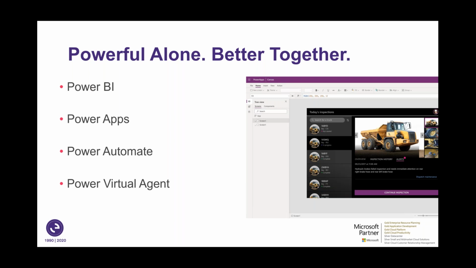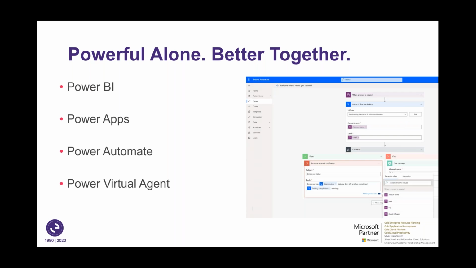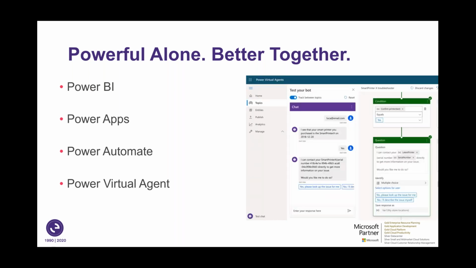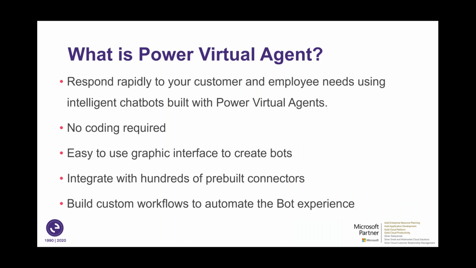The idea is to create applications that will meet and solve your business challenges. Power Automate is where you can create productivity workflows and automate processes in general. And for today's purpose, Power Virtual Agent consists of easily built chatbots that can help not only customer-facing, but also employees internally. Again, there's no code required here at all, which segues nicely into, well, what the heck is Power Virtual Agent?